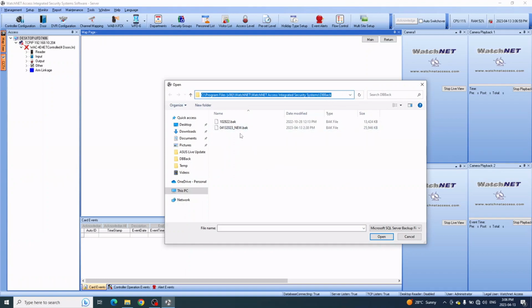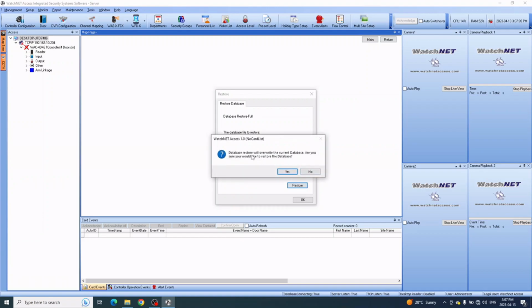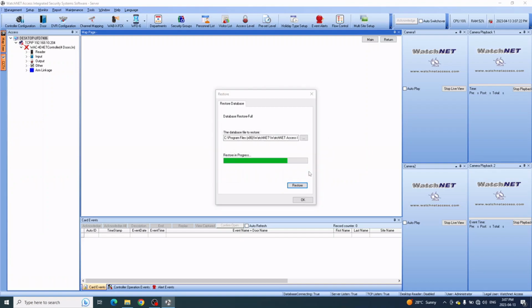Once you select that, you can select the file and then click Open. Then just click the Restore button right there. The reason why it shows me this message is because I have a current configuration on the software, so it's asking if I still want to restore it because it will override the old configuration. So just click Yes, and it will start the restoring process, and then you'll see this message saying it's successfully restored. Now the software will restart.